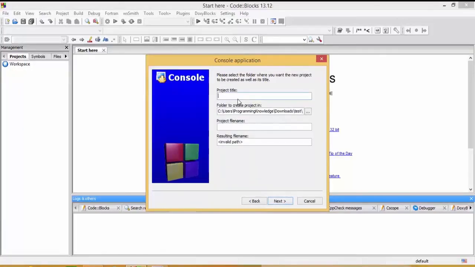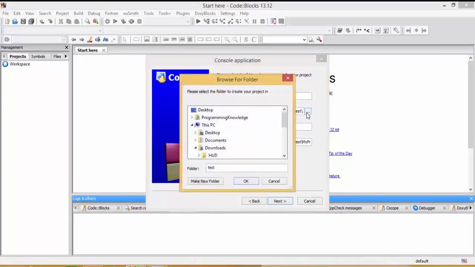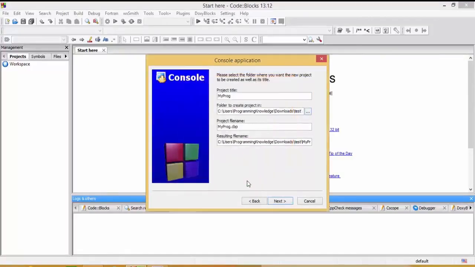So make sure that C is selected here and click next, and in here you need to give the name to your project. So for example, I want to give the name to my project as my prog. Okay, so this is the name of the project. What name of the project depends upon you. Whatever name you want to give, you can give it to the project. And by browsing this, you can change the directory in which you want to save your program. So I will leave it as default, but you can change it, and just note this path so that you can see the source file if you want to see. Okay, and click next,